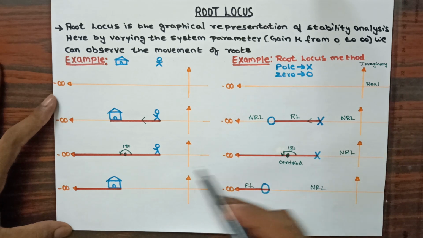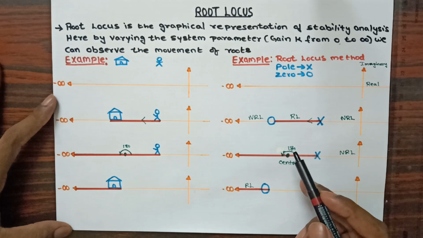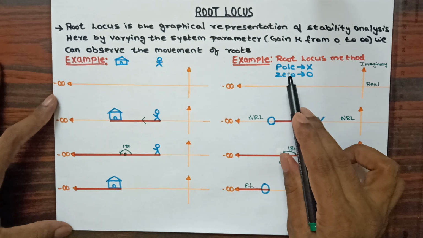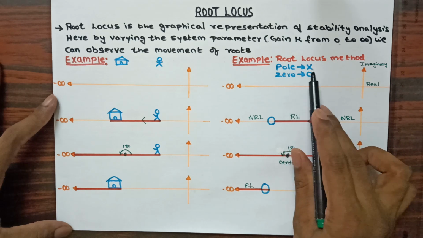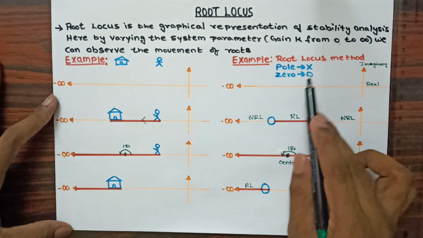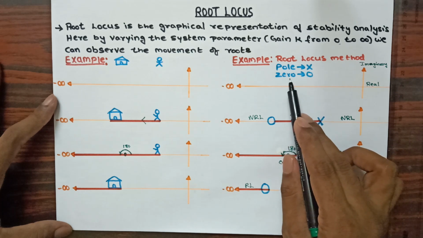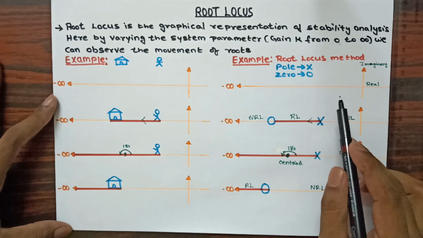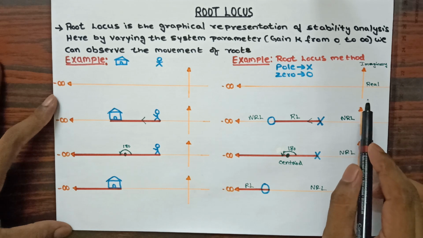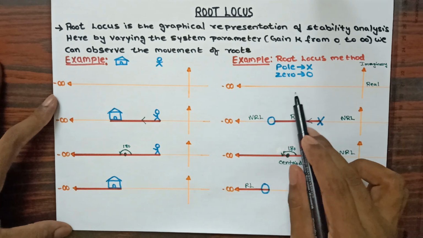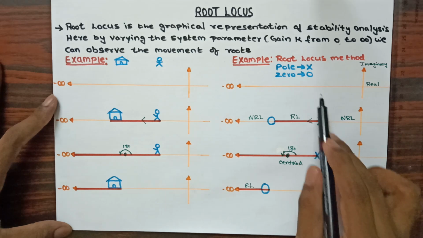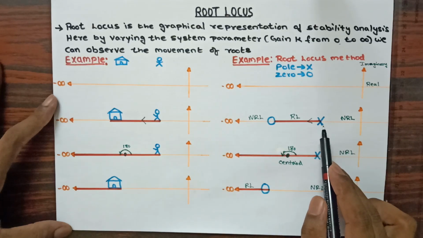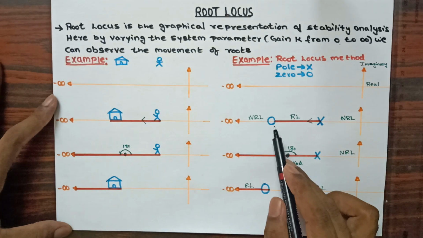Now let us see the same concept and try to relate it with the root locus method. In the root locus method, in place of a person we are going to consider a pole, which is denoted by a cross, and in place of a hut we are considering a zero, which will be denoted by a circle. In this root locus method you can also see I have considered an S-plane surface to the left hand side, and I have not considered any pole or zero on this surface. Now in the second example you can see that in place of the person I have placed a pole, and in place of the hut I have placed the circle.